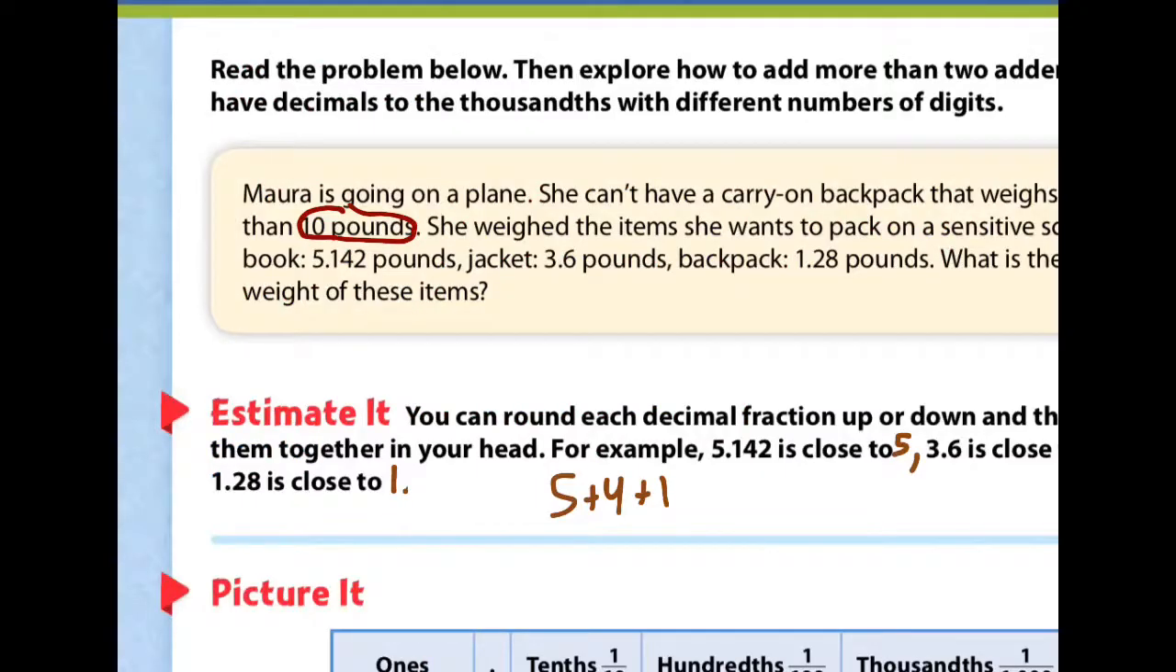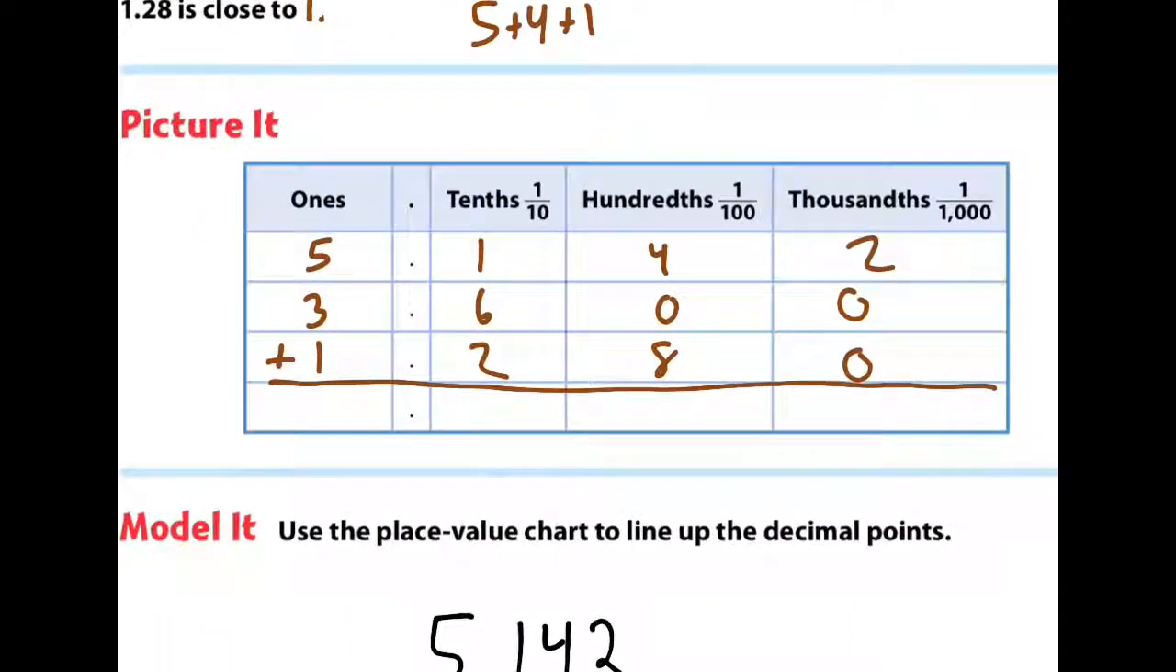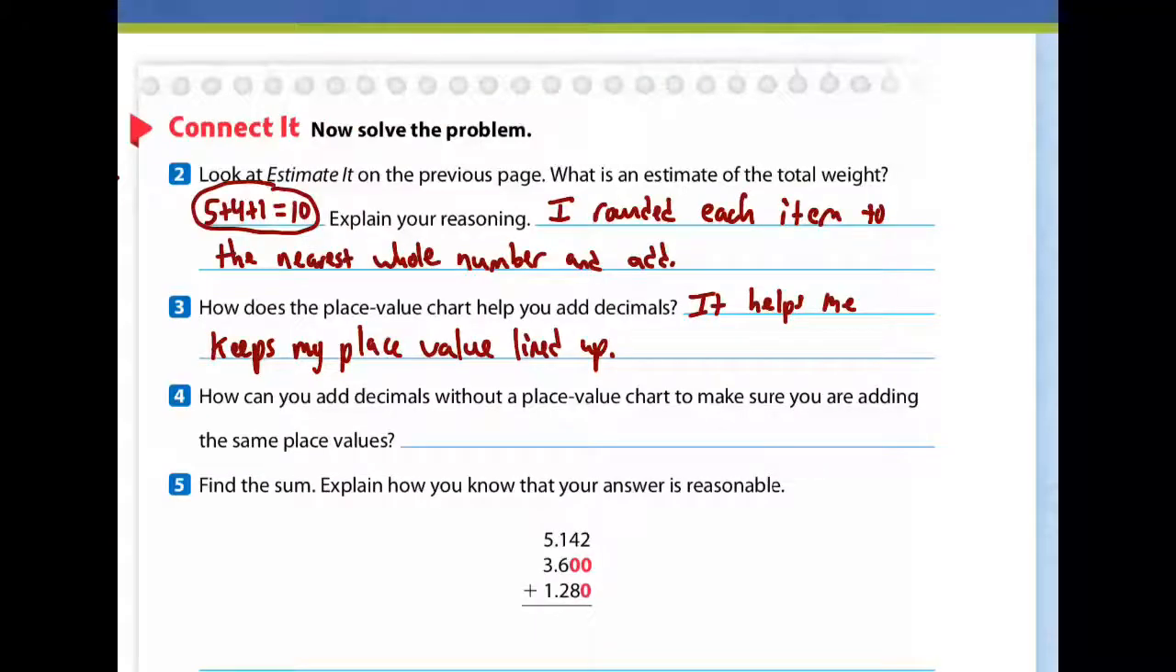Now, you could have anything there, and all I meant is the chart gives you a nice spot to put all of your digits in the right spot, and it keeps them nice, neat, and organized. Now, will I ever draw a place value chart to add? Probably not. But if it was drawn for me, I don't mind using it because it does keep them lined up. And 4 says, how can you add decimals without a place value chart to make sure you are adding